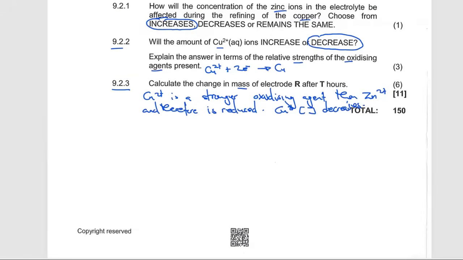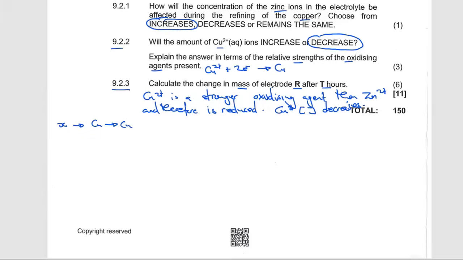mass of electrode R after T hours, right? So now we're looking for the change in mass of that after T hours. In terms of this one, I'm going to formulate variables. I'm going to use X. What does that give? It gives the moles of copper oxidized. Copper, we said, is going to be oxidized to